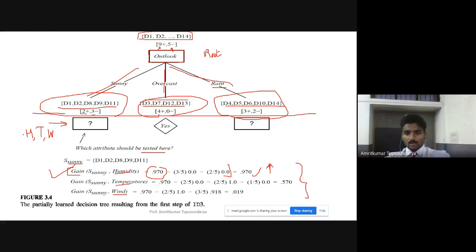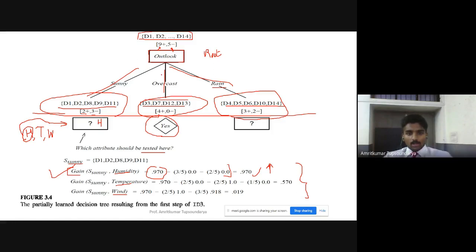We can say that the humidity attribute is the best suitable attribute for this branch of our main tree, right? So this is the best classifier at this stage. So here it will come humidity. Now, when we move ahead and see this branch of our tree, that is the overcast for the attribute